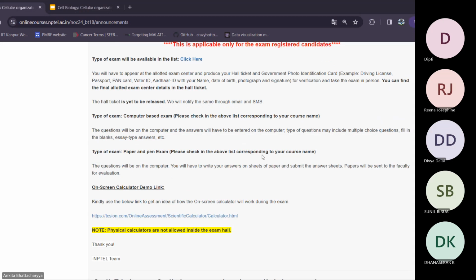Yeah, so basically here it has been mentioned that questions can include MCQs, fill in the blanks, as well as essay type questions. So it will depend upon what type of test you've chosen, but yeah, majority of the questions are usually MCQ based only. There might be some questions which can give you a problem set that these are the conditions that you currently have. What would be your approach towards solving the same? So it can depend upon that.